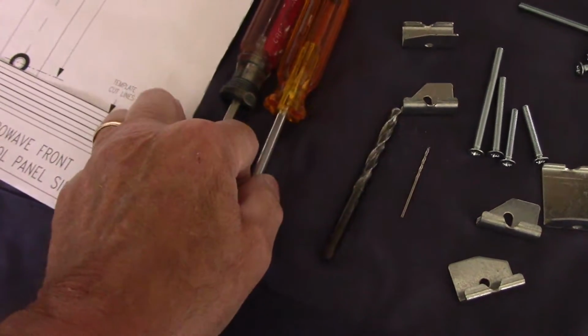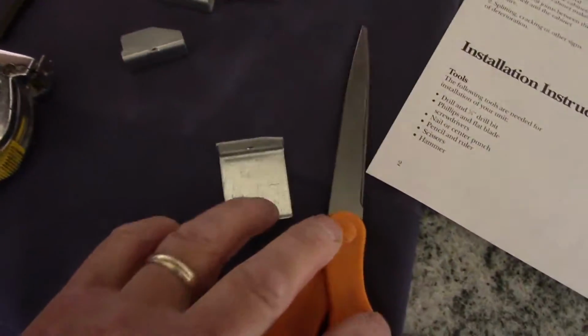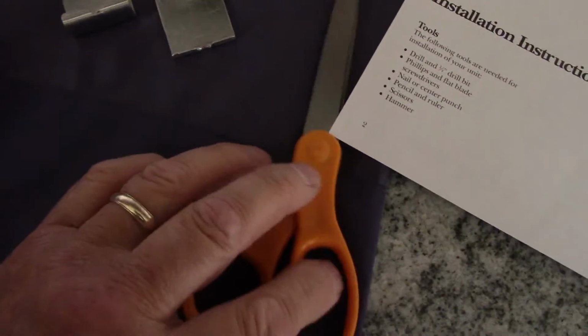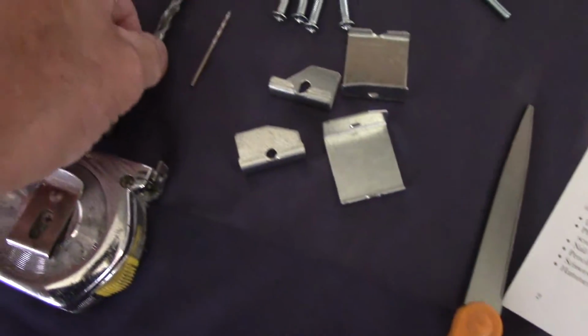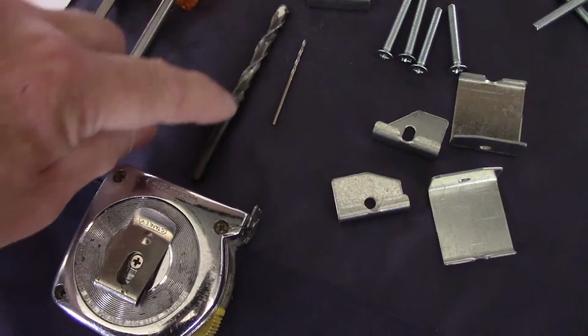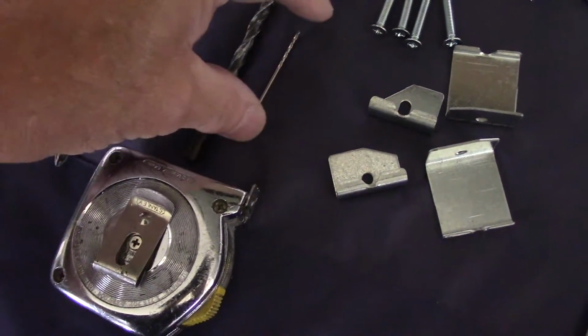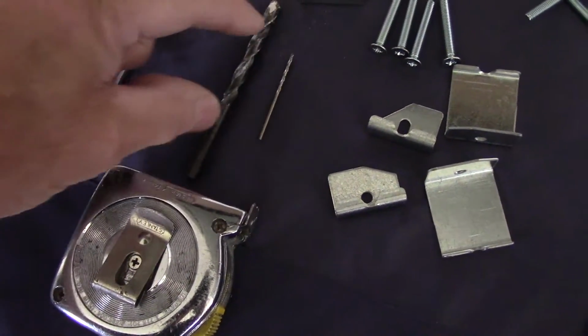You're going to need a screwdriver, a Phillips head, and a flathead. You're going to need something to measure, a pair of scissors to cut the template. We're going to need a drill, which is a 1/4-inch diameter drill, but I'm also going to use a smaller drill to drill a pilot hole first, because when you